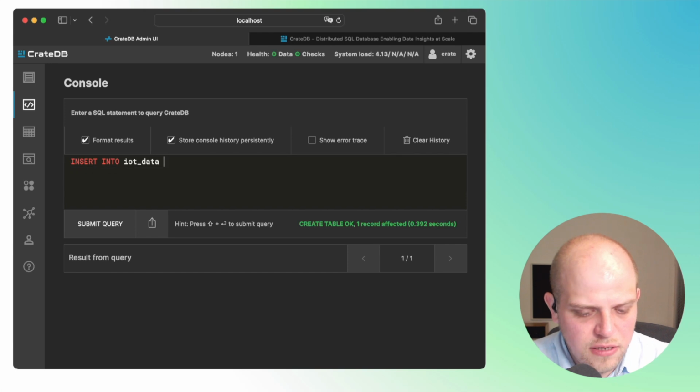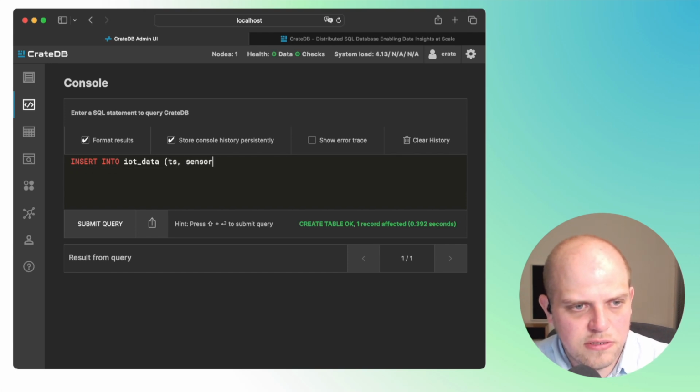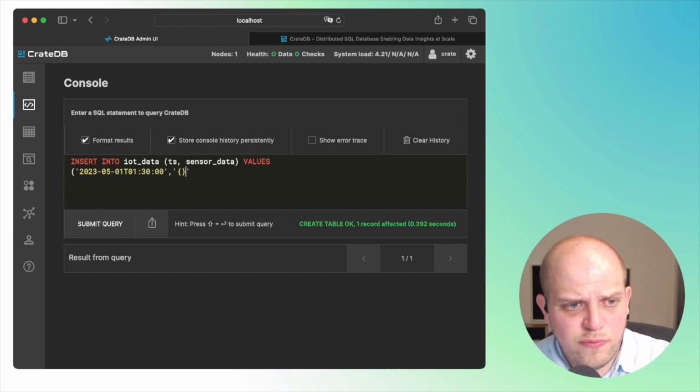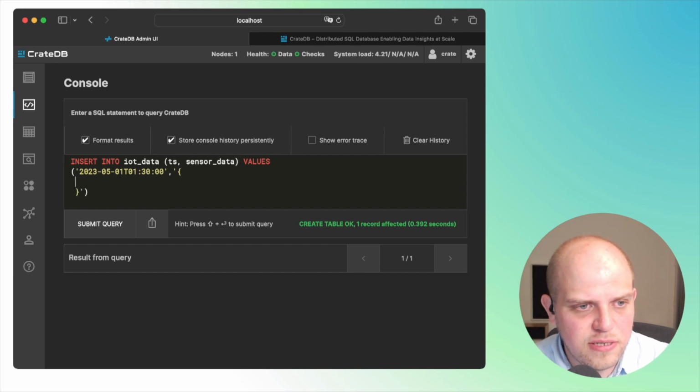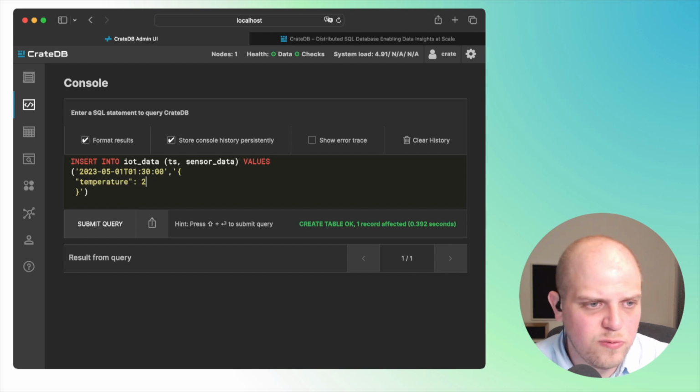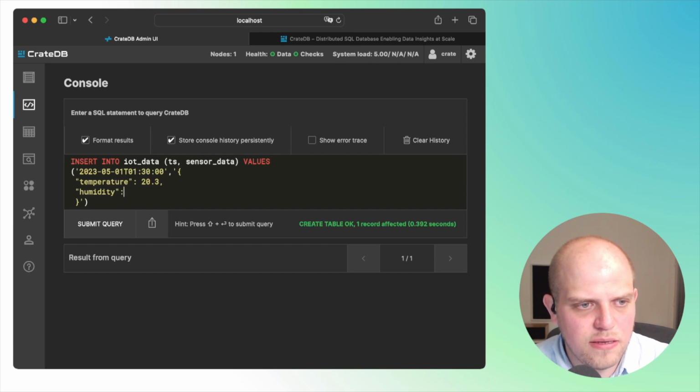So we're going to create some values and insert them into our columns. And in this example, I'm going to start with 2023, in May, and maybe just in the morning, there was some sensor data reported. And as I've shown you before, you can just insert a JSON document in here, so let's do that. As I said, we have a temperature value. What was the temperature that was reported? It was 20.3 degrees Celsius, and we have a humidity that was